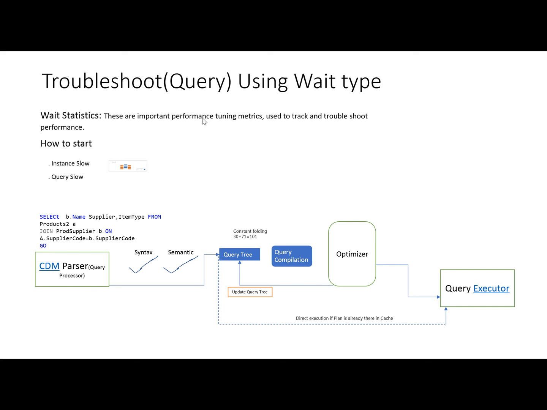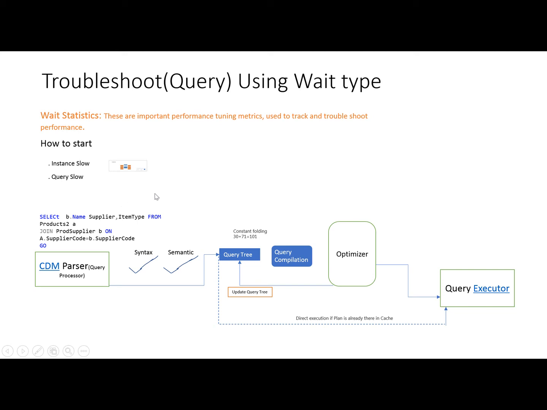This is a query processing architecture module, and in this video we will discuss the wait types. We will discuss what wait statistics are and for what purpose they are used in our server. Wait statistics are important performance tuning metrics, which are numbers. We will use these numbers to track and troubleshoot the performance either at the instance level or for a particular